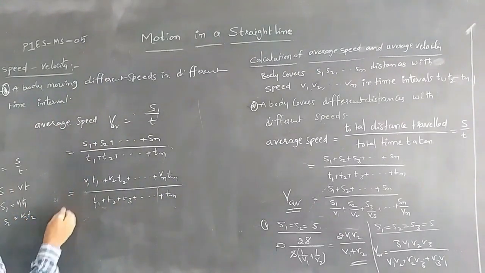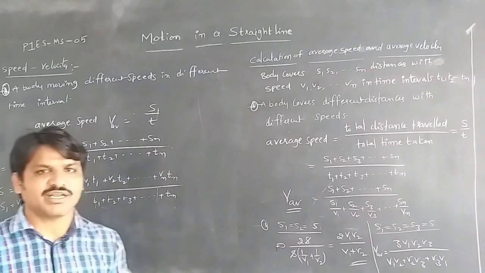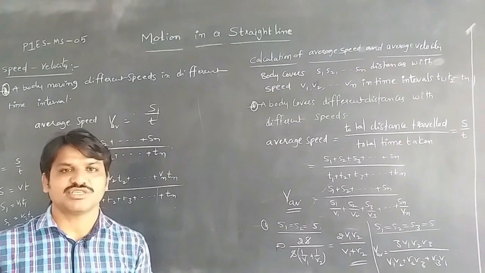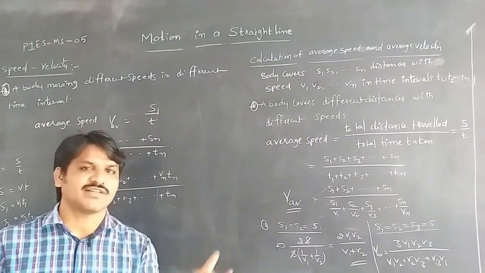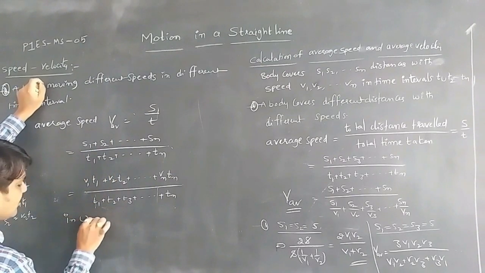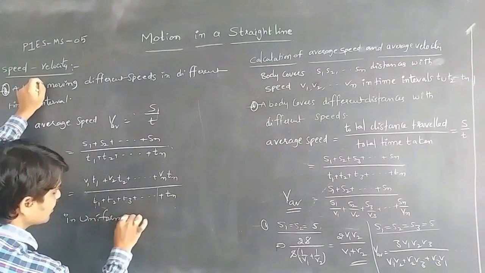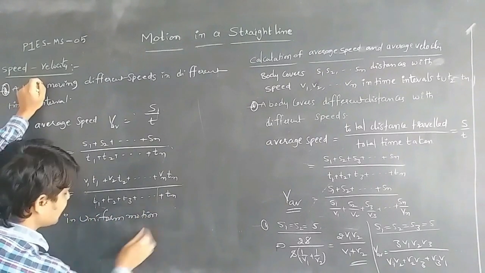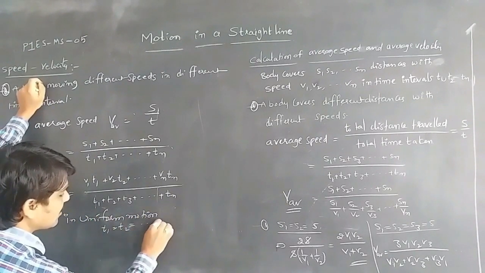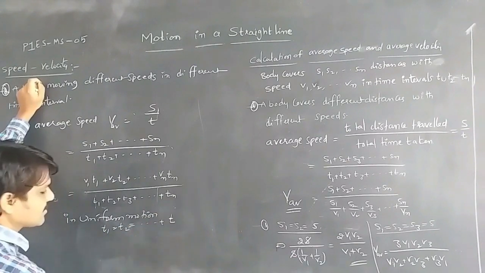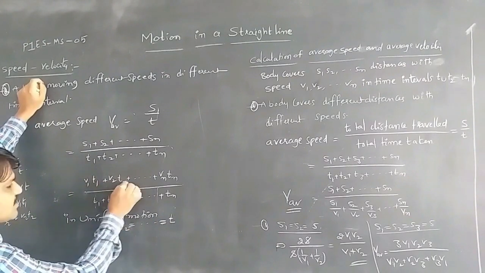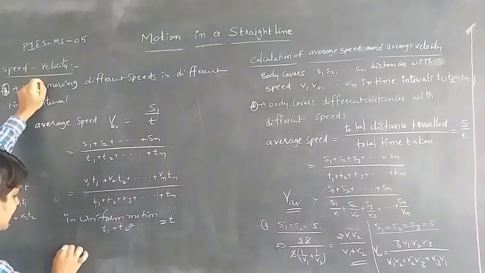Then in the case of equal intervals of time, whenever the body is traveling in uniform motion, it covers equal distances in equal intervals of time. So in equal intervals of time in uniform motion, T1 is equal to T2 is equal to so on up to Tn is equal to T. If we substitute T, then we can get that V average is equal to